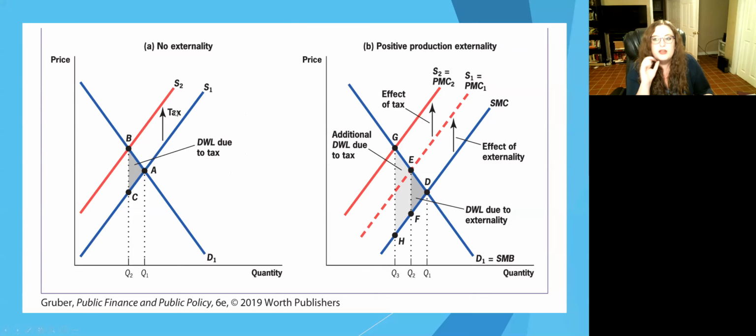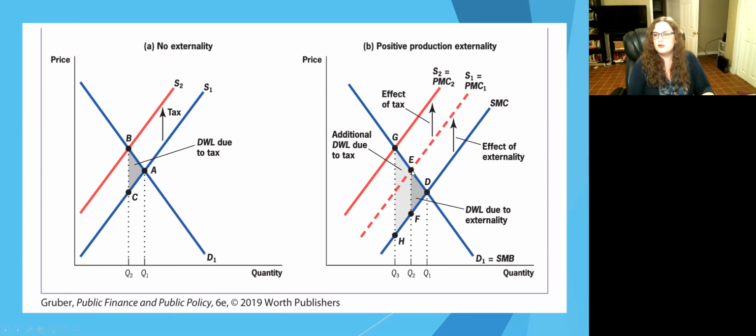Let's say that we have two different types of goods. Maybe we have one that has some sort of externality in it, right? And then maybe one that does not have an externality. Well, let's look at what happens to the deadweight loss. If we have one good that doesn't have an externality, then if we introduce a tax to this clean system that does not already have a disconnect between social marginal benefit and social marginal cost, with that cost of externalities, well, then our deadweight loss of this tax is going to be pretty small. But